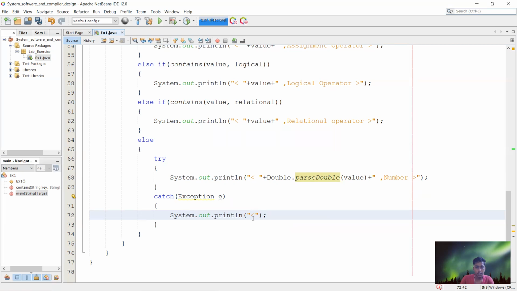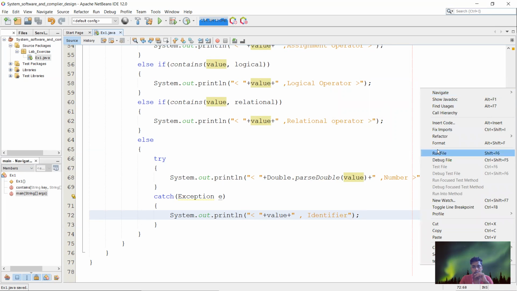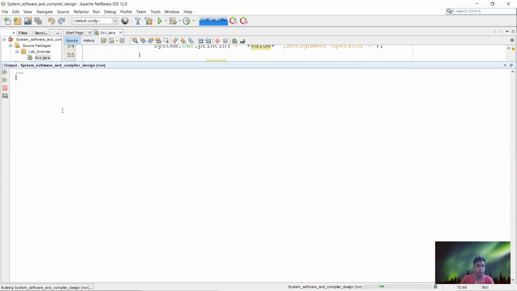So we can print that value, and after that we can give identifier. So that's the thing. Now let us run the program and see whether it works or not.